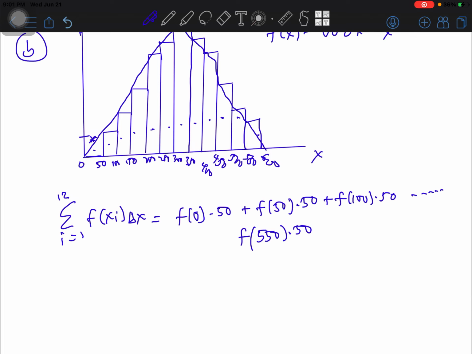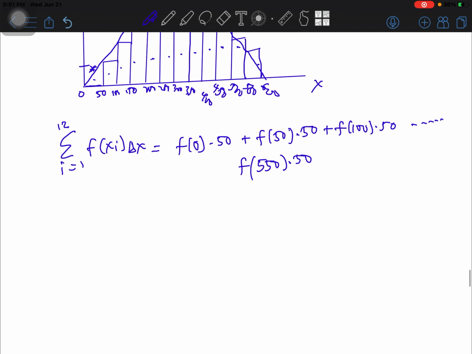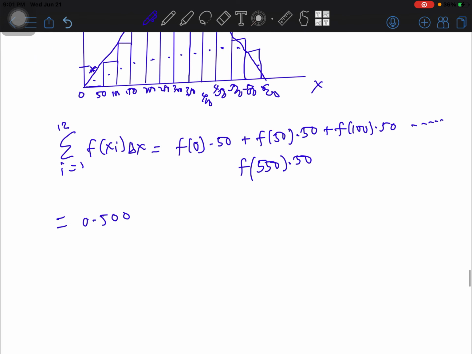So when you calculate them, you are supposed to get a 12 rectangle approximation. Because the 0 is included, when you put 0 into the function, you are going to get 0, and then 0 times 50,